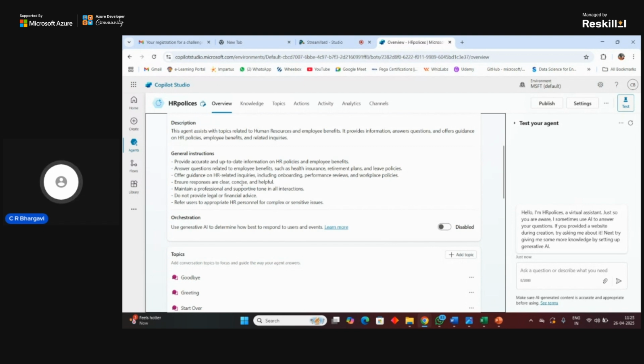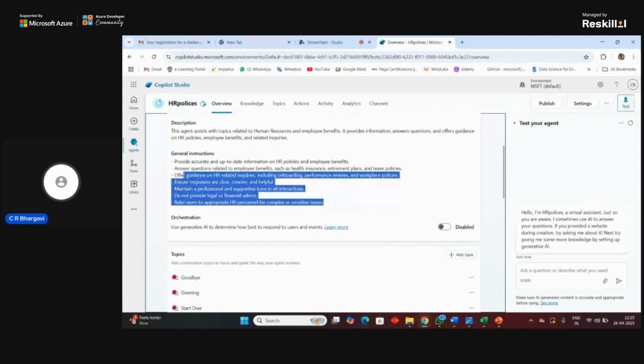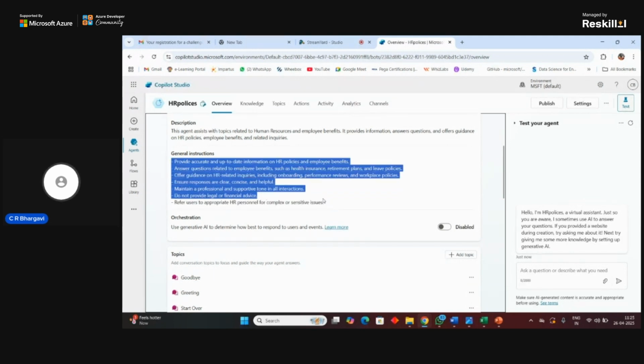And then it would answer questions related to employee benefits, like health insurance, retirement plans, and leave plans. There are different ways that the HR policies can be defined, right? So all those have been referred here, and it would work only for this particular instruction alone. If it's not been added, then you can expect it can answer on anything.